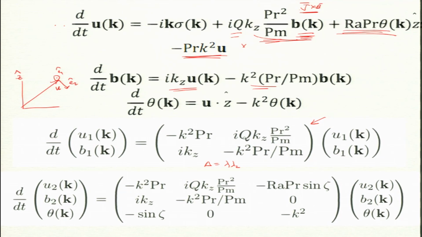Now, one interesting point: I am not deriving from the first principles. I did this while I was writing this chapter of the book. You can do it yourself, but maybe no need to spend time on it, save your energy for more difficult tasks. So, u1 b1 and u2 b2 theta are decoupled. Because of the structure of the equations, it decouples. It is in fact not 5 by 5, there is a 2 by 2 block and a 3 by 3 block.